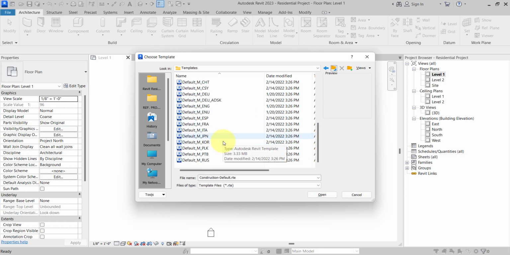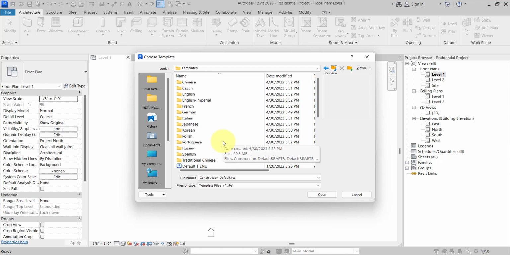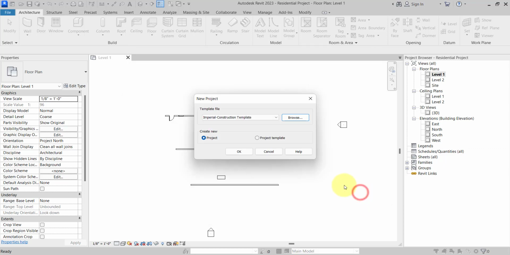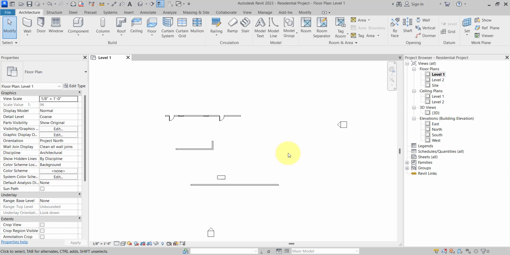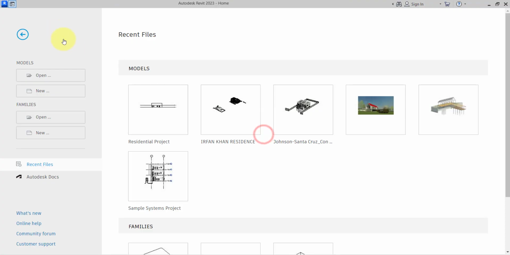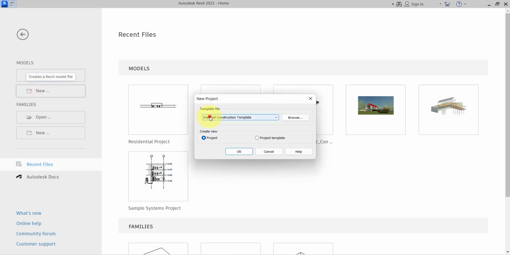Right? That depends on your installation, on the content that you chose at the time of installation, and depending on that, you will have the proper library content. So right now, for this project, I will use the US Imperial template. If you have not seen how to use US Imperial content, then let me show you. Go to New and choose the Imperial architectural template,